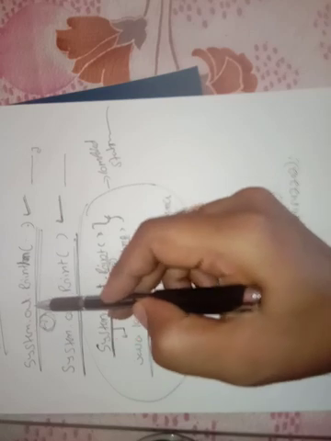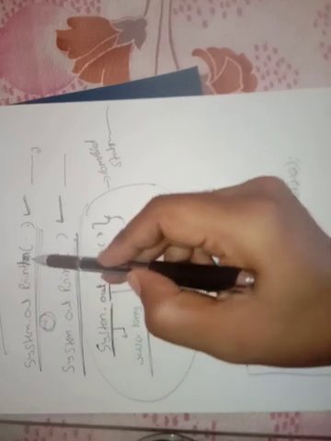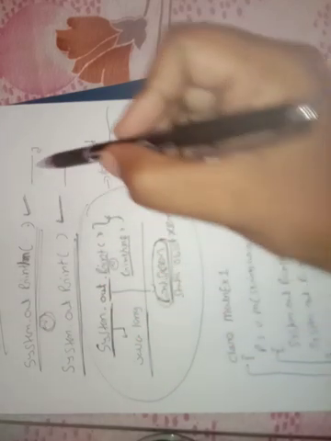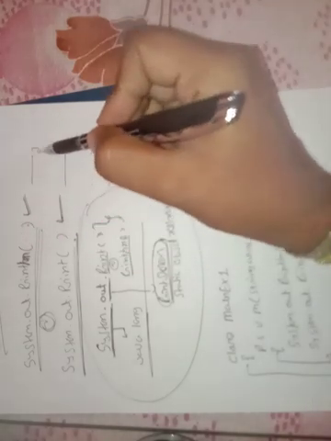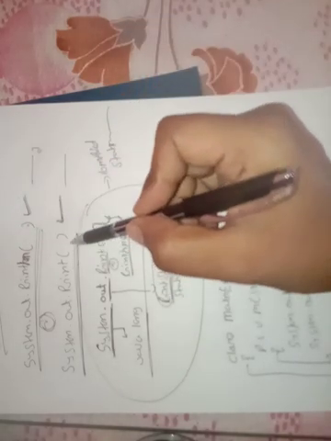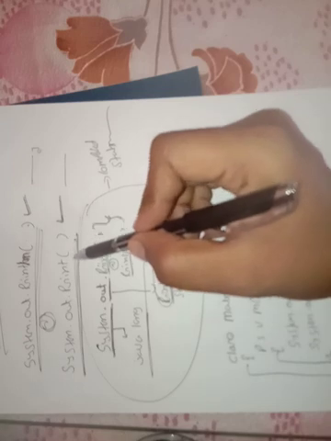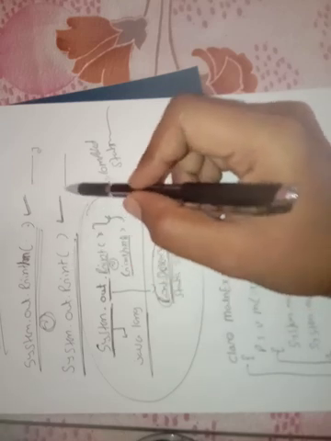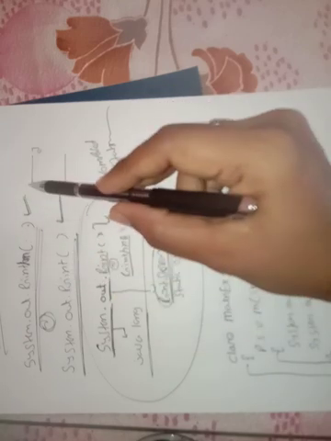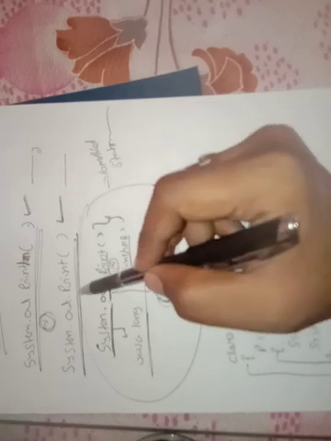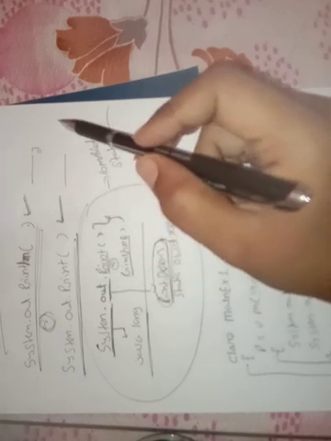See, this is the output statement in Java. System.out.println. System is a class. Out is a static object reference. Println is a method. Print and println, the only difference: println prints the content and takes the control to the next line. Print prints the content and makes the statement stay in the same line. Println prints the content and takes the control to the next line. Print is not taking the control to the next line.